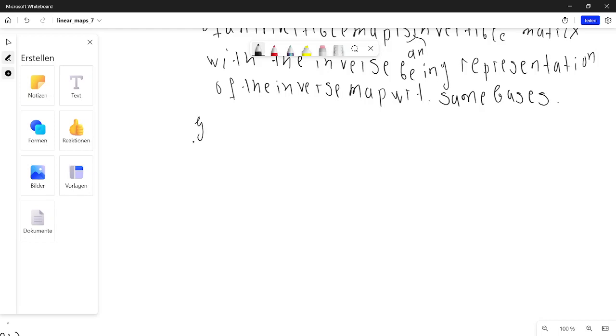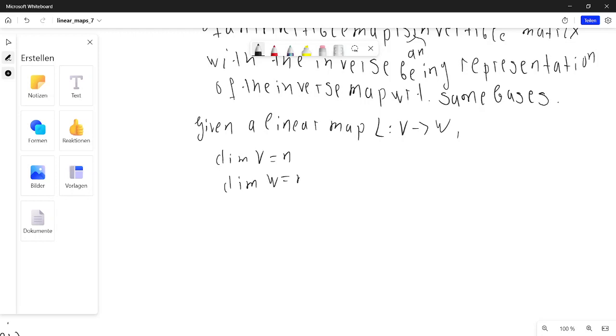Given a linear map L from V to W, dimension V equal N, dimension W equal M, we have